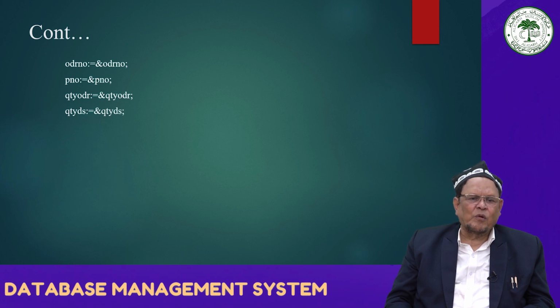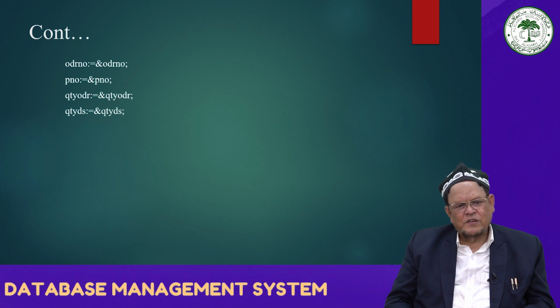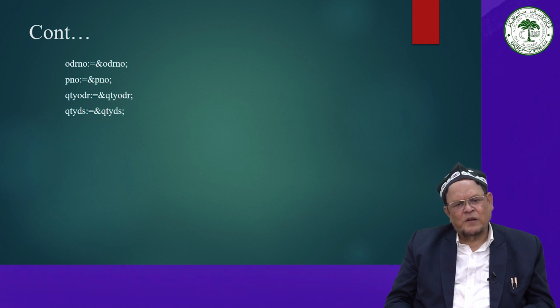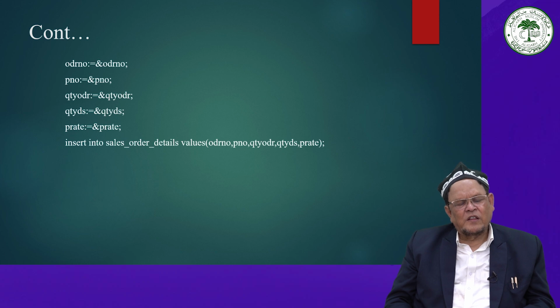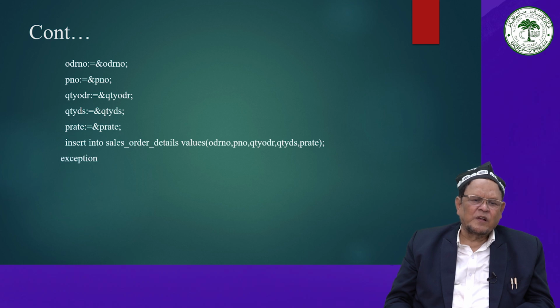The same variables you have defined, you have to put the value. Quantity is equal to quantity display, P rate, and then you have to insert the values. The insert into sales_order_detail values order number, product number, quantity ordered, quantity displayed and P rate, and the